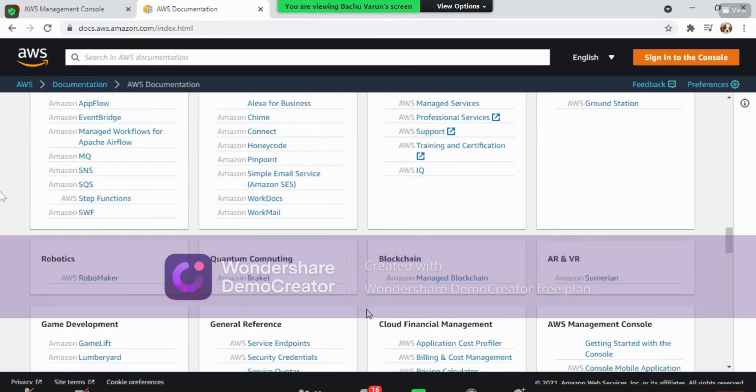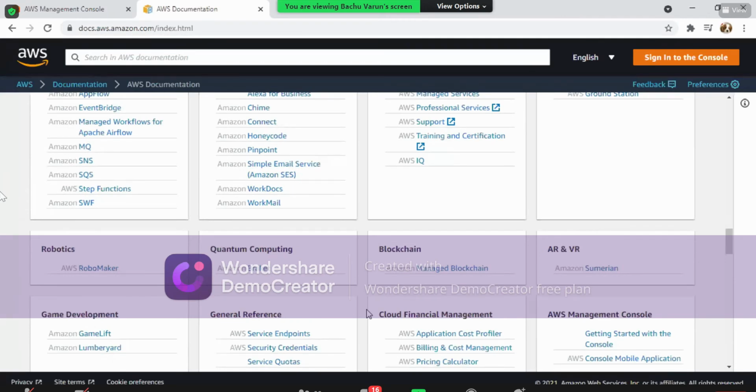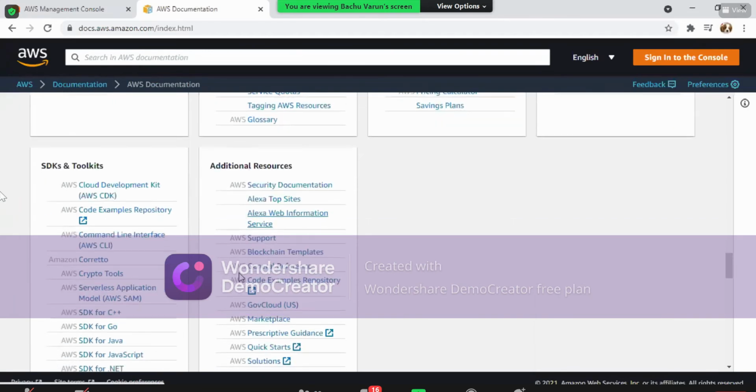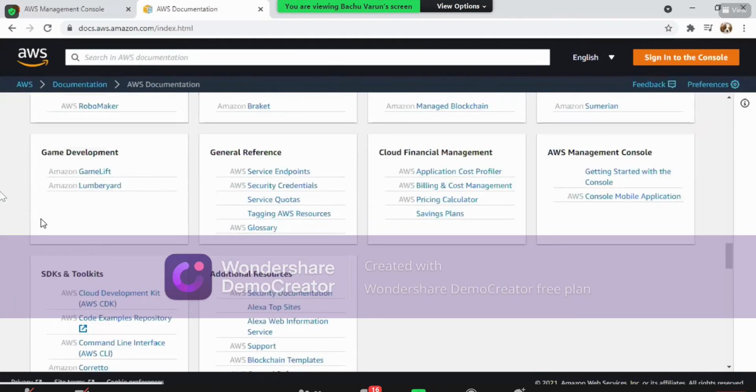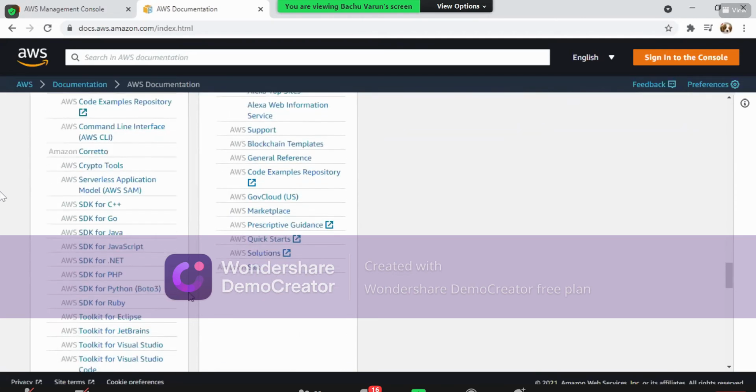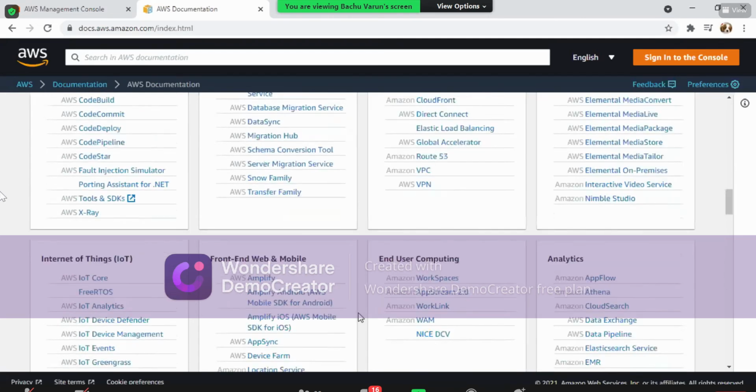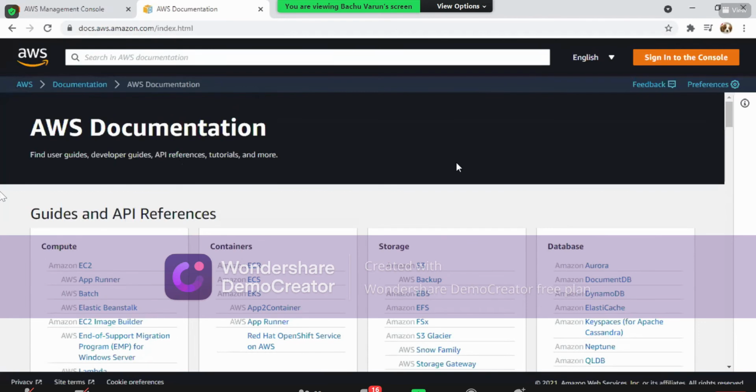Okay. All the developers who are doing new projects or trying new projects, they'll also learn everything from here. Okay. So everything is available there. You can see there are some SDKs and toolkits available here. I hope everyone is clear here.